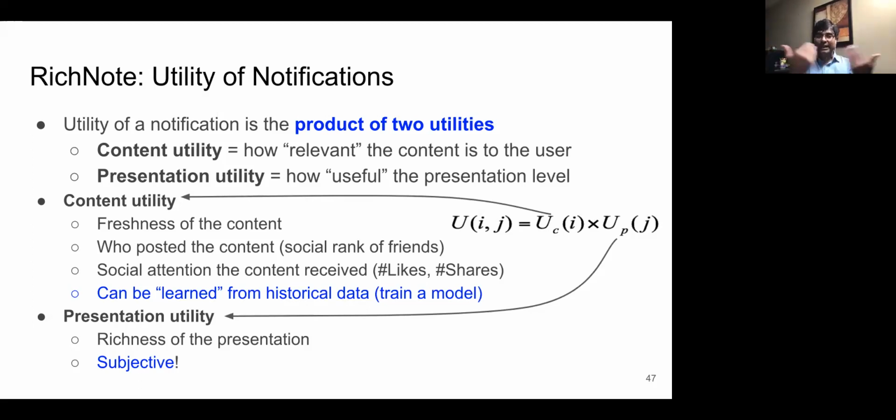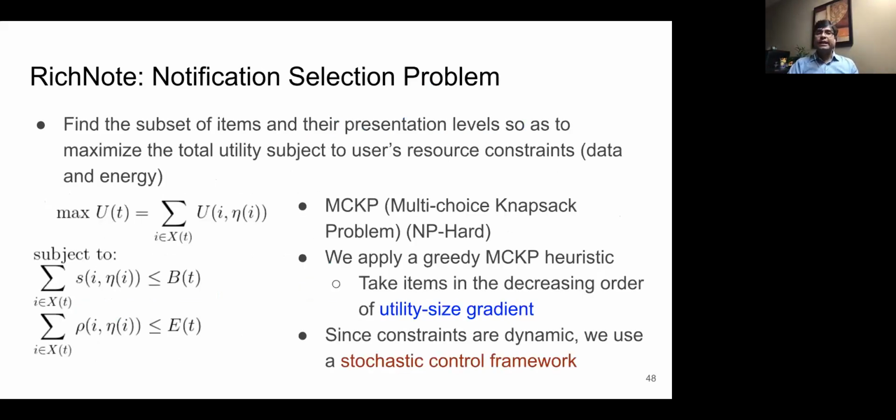The key idea is that given these two utilities, a simple function to incorporate them is to multiply them together. If the content utility is high and the presentation utility is also high, then of course the net utility will be high. If either of them is low, then the utility of that particular piece of content will be low also. So at the end of the day, this boils down to a notification selection problem. This is a multi-choice knapsack problem with this structure of formulation. And as we know, the multi-choice knapsack problem is NP-hard. So normally we try to solve it through